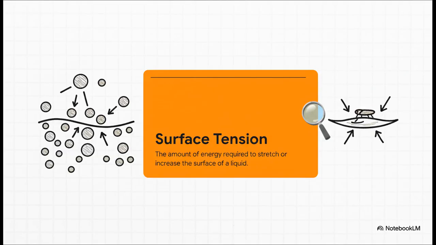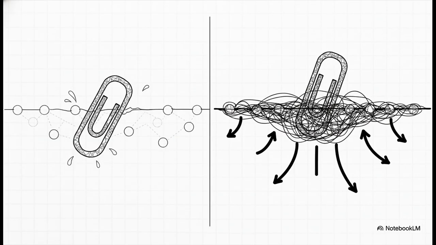So what's happening here is that the molecules on the surface are getting pulled inwards by all their neighbors below and to the sides. See, a molecule in the middle of the liquid gets pulled equally in all directions, so it's balanced. But one at the surface gets a strong net inward pull, creating this kind of tight, elastic skin on the liquid. And yep, you guessed it,